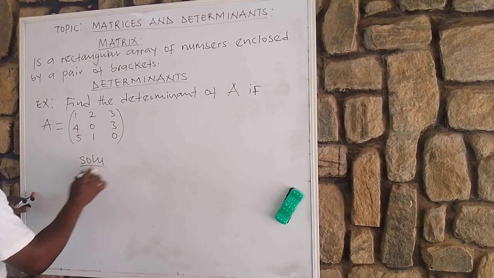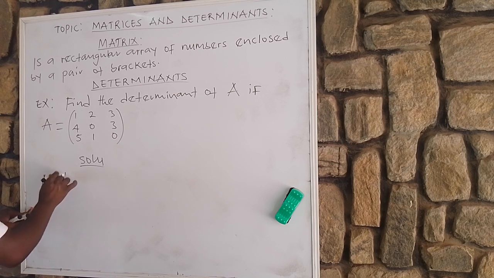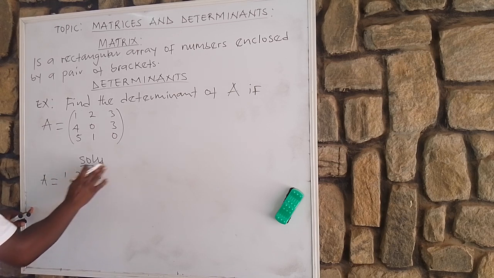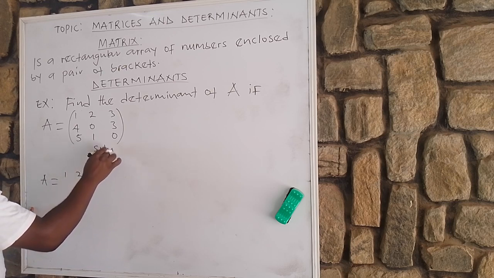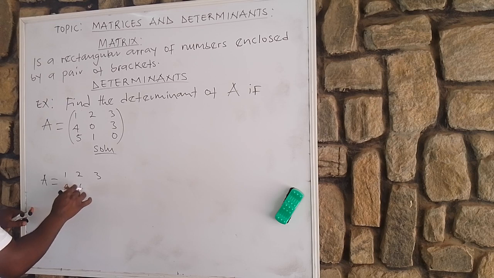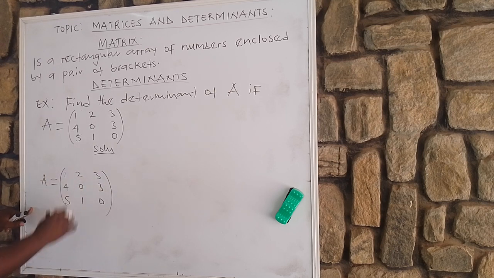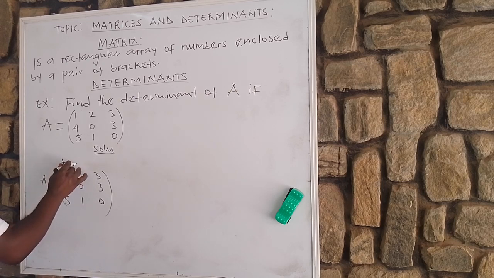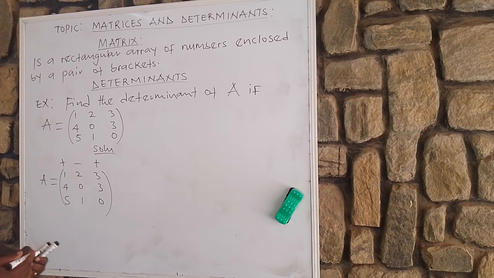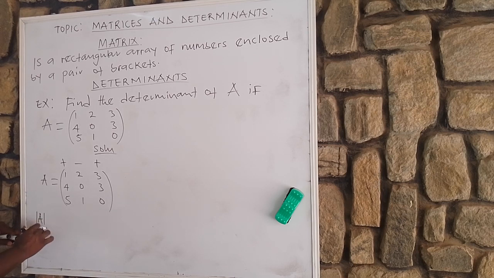Let's write the solution. A will now be equal to 1, 2, 3, 4, 0, 3, 5, 1, 0. Since it is a 3 by 3 matrix, we must take note of plus, minus, plus. Let's take note of this. So whenever we are solving a 3 by 3 matrix, for us to obtain the determinant of a 3 by 3 matrix, it means our determinant of A will now be equal to,